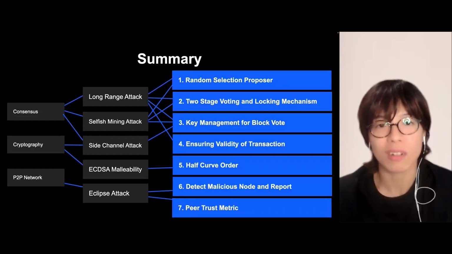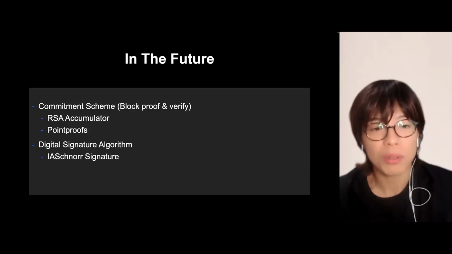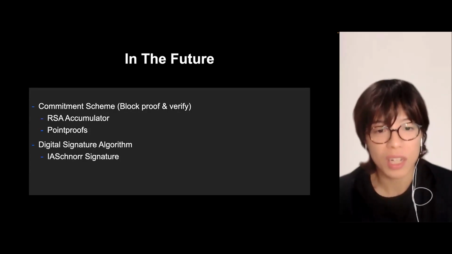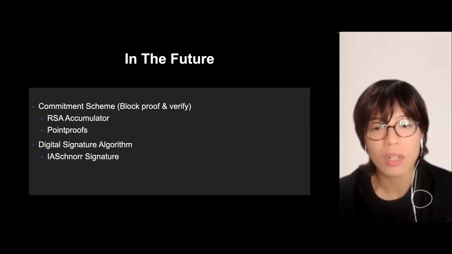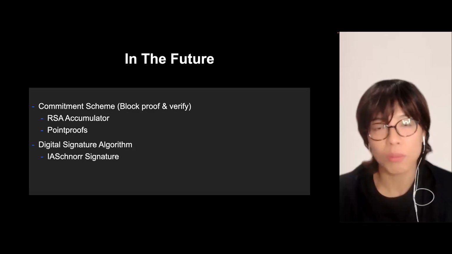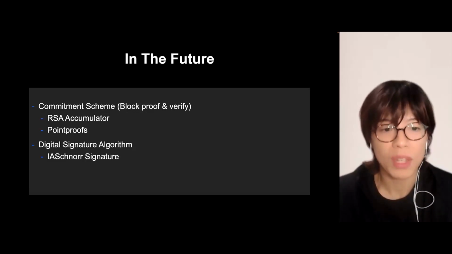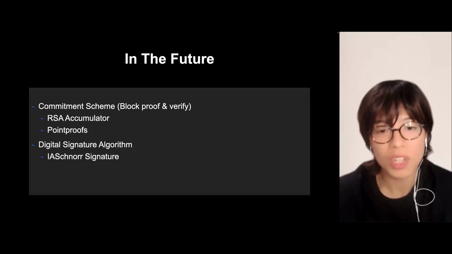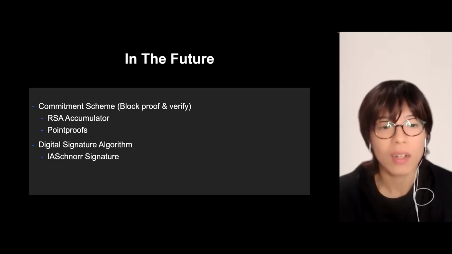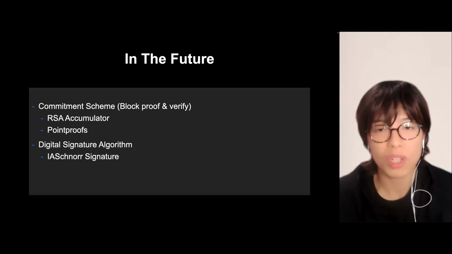So these are the measures that we have in the Line blockchain. And when having more transactions, of course, we'll need to do the proofs more often. We can use RSA accumulator and point proof, and those are the new technologies. And also, it's quite a challenging topic in terms of anonymity and privacy. That's an important security issue.